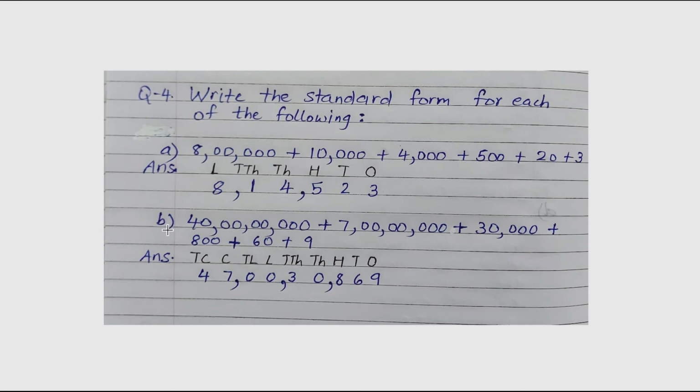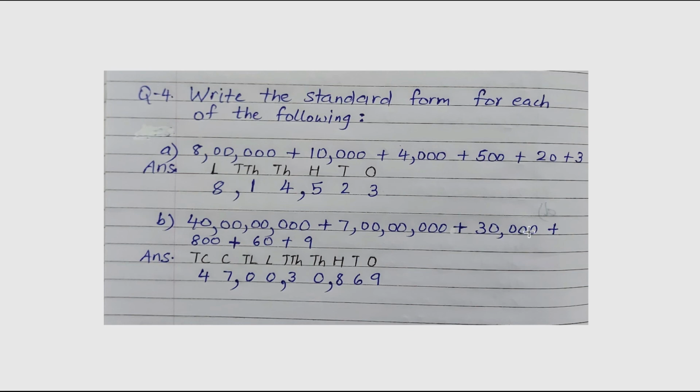Then in this next one, the expanded form begins with this number. So over here we have 4 followed by 8 zeros. So this is 40 crore. So you will note down the places from 1s till 10 crores. Then over here we have 40 crore. So 4 10 crores. So over here you will write 4 below 10 crores place. Then we have add 7 crore, 7 followed by 7 zeros. So in the crores place you will write digit 7.